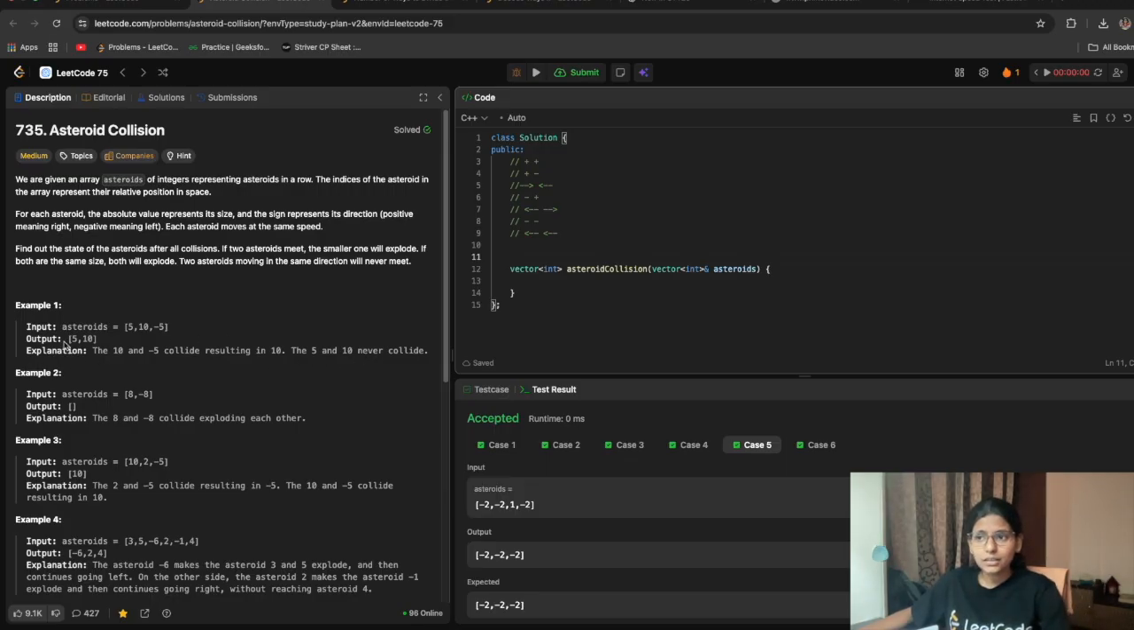But while returning, they want it in the same order as given in the question. So at the end, when the asteroids will be there in our stack, we'll take them out in a vector and reverse it, and then we'll return it. Okay. So the first thing which we found out is that this condition should be satisfied